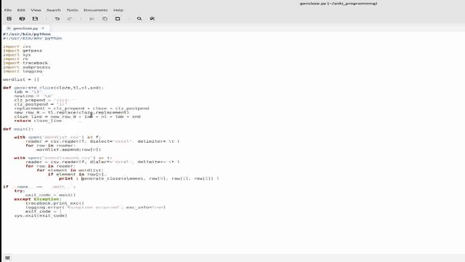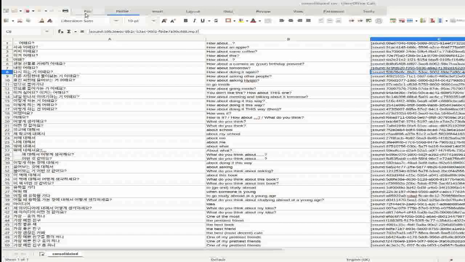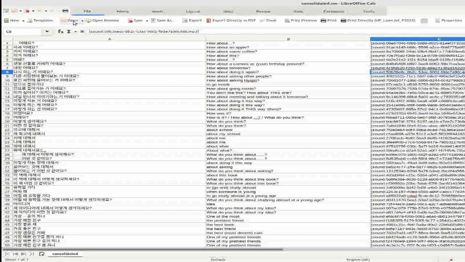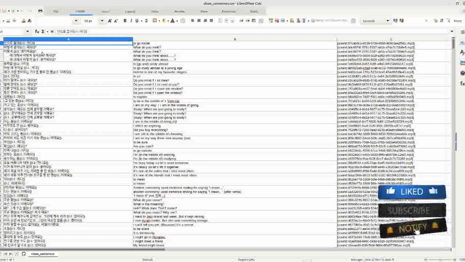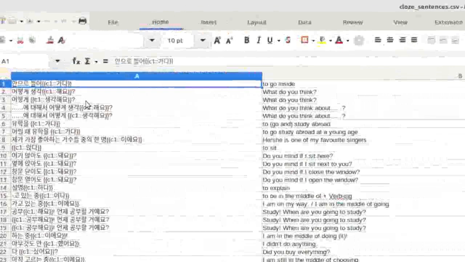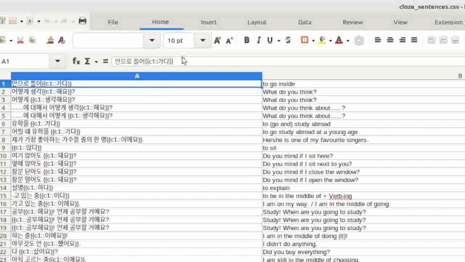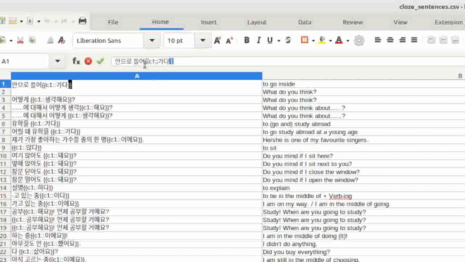And all I do is just pipe this all straight into a file in order to generate the finished product. So if I open that up for you, and the completed file has, here you can see the cloze deletion